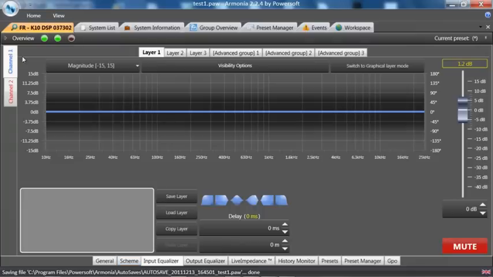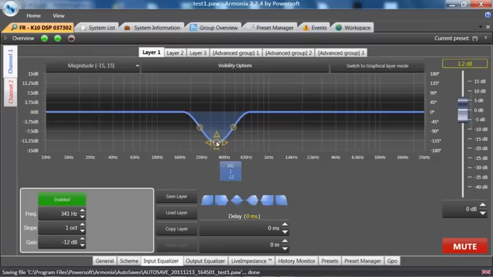Channel 1 is in blue, channel 2 is in red. It's very simple to insert a filter. This is a raised cosine filter. And we can insert it, we can move it anywhere on the screen. We can change the Q. We can enter the specific data down here or enable or disable it through the button or through the actual